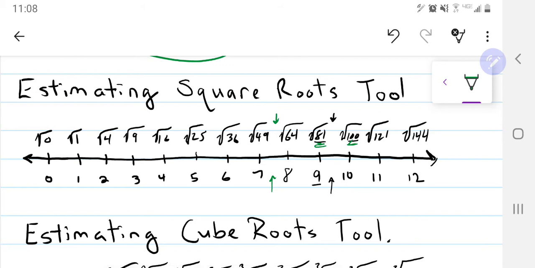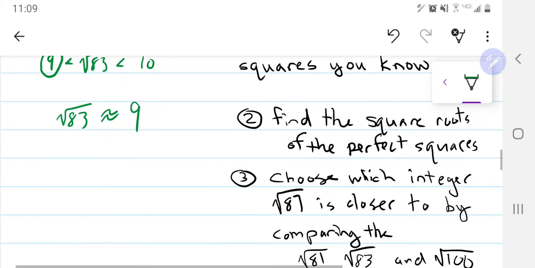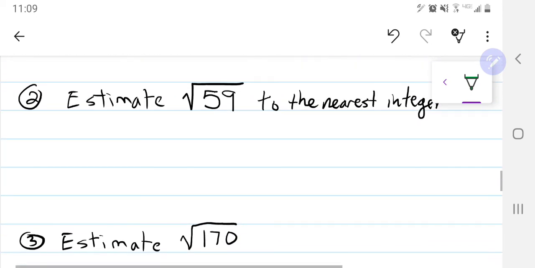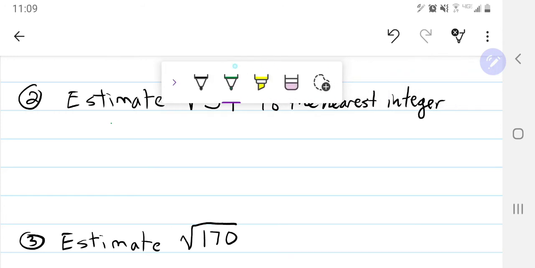59, so it's 10 away from the 49, but only 5 away from the 64. So this one is going to be a little bit closer to 8 than it is to 7. So our result would be, the nearest integer would be 8. All right, so we can show our work a little bit by saying,